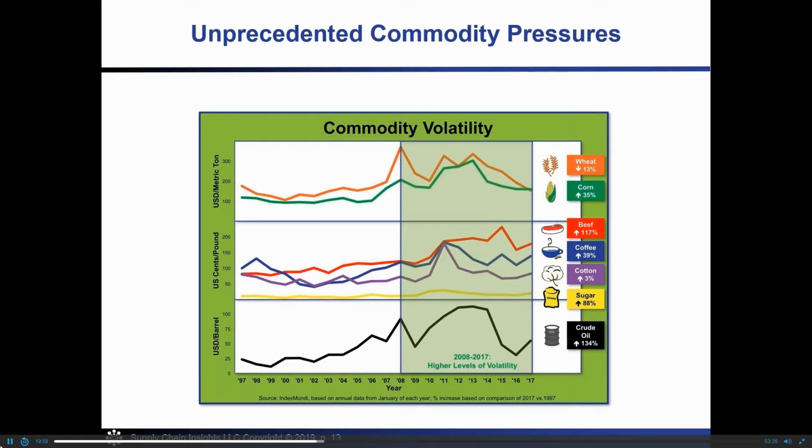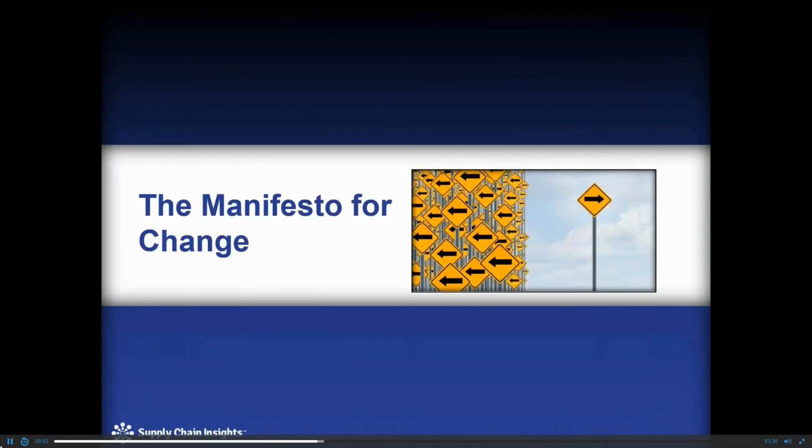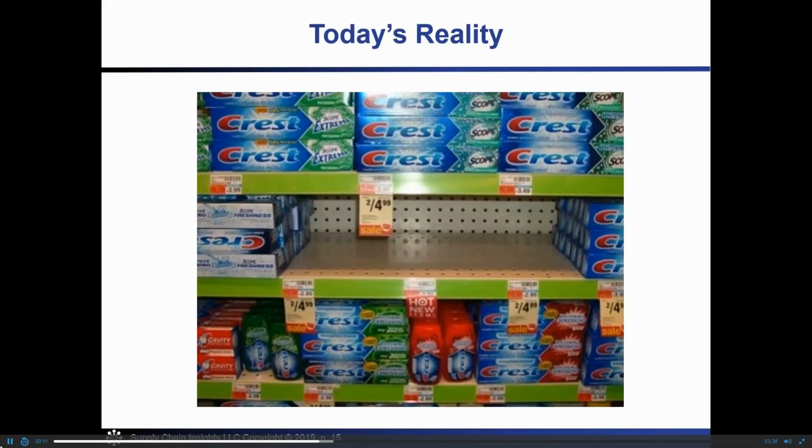And so this work to translate this into commodity buying strategies and to manage inventory and to dance with the river of demand to improve customer service, I think drives the manifesto for change. So when we look at today's reality, in certain industries, we've got a lot of complexity. In fact, one of the questions I just got is, isn't item complexity one of the factors? And absolutely, item complexity introduces the long tail.